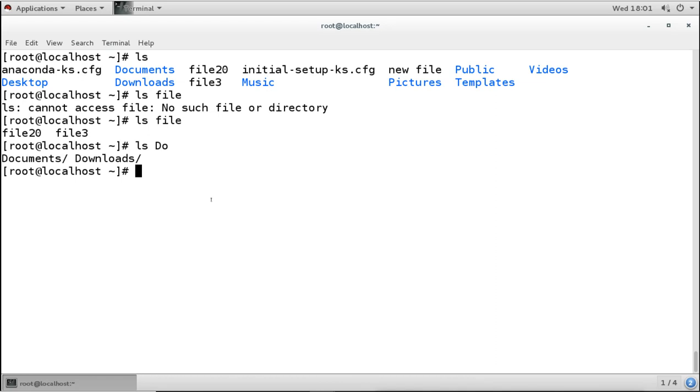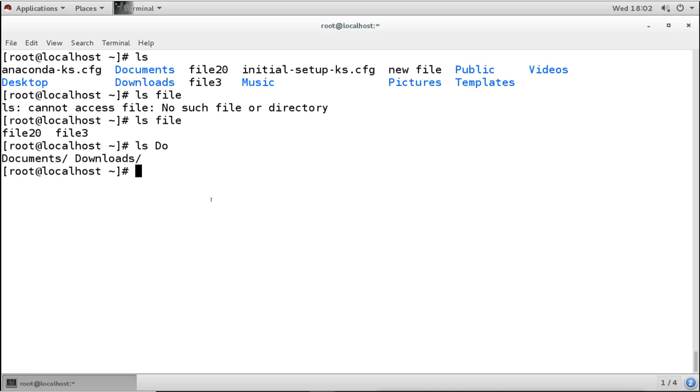So either the file is not there or you are using the wrong spelling. If it is not completing, that means you are giving the wrong name or the file is not there. So it is always a good idea to use the tab key to autocomplete.